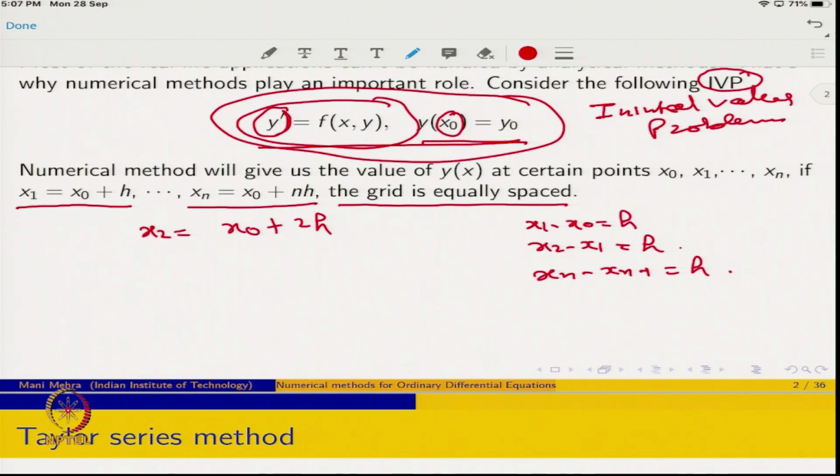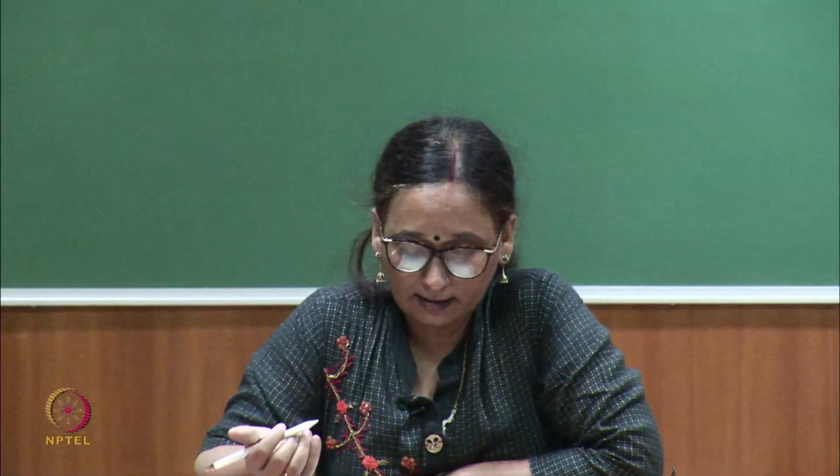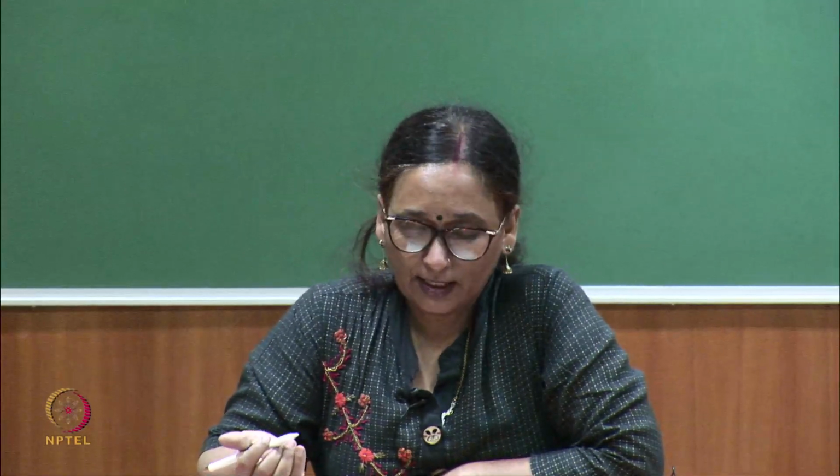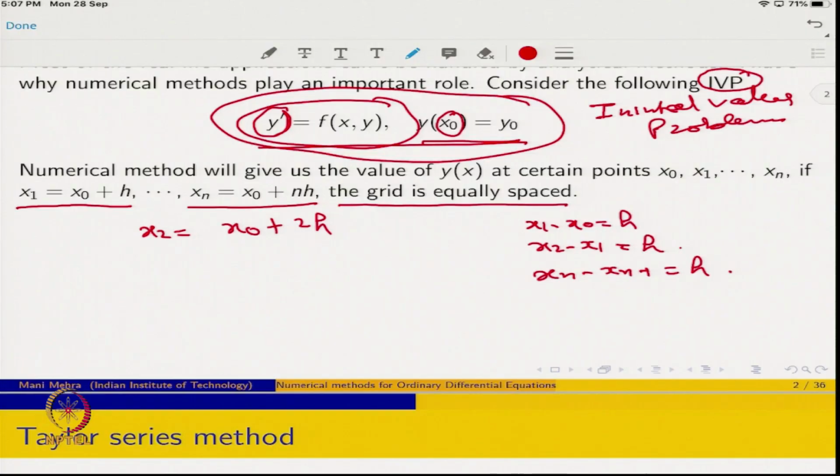You must have seen a lot of methods to approximate the derivative earlier in this course, like forward Euler, backward Euler, central difference, etc. So, we will be recalling those concepts in due course of time,